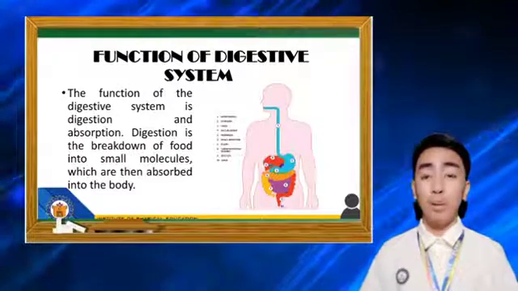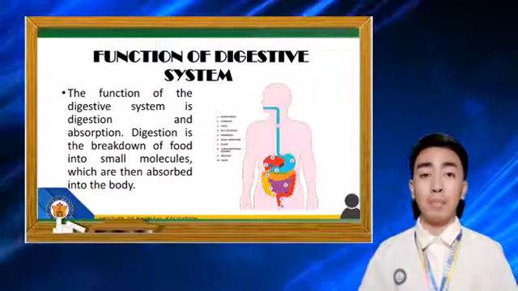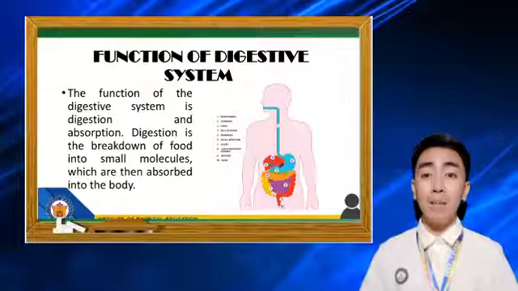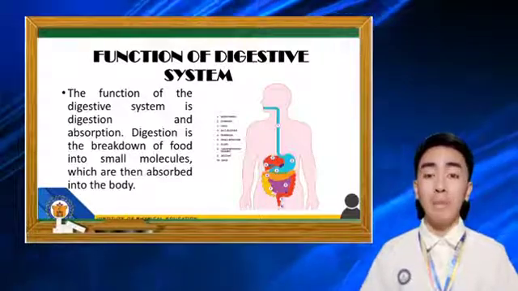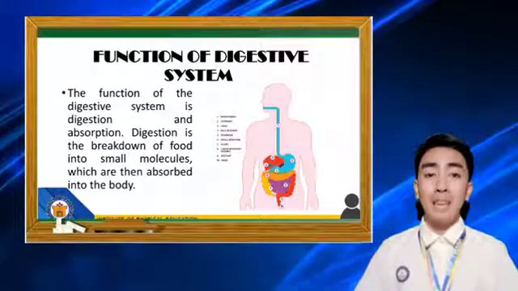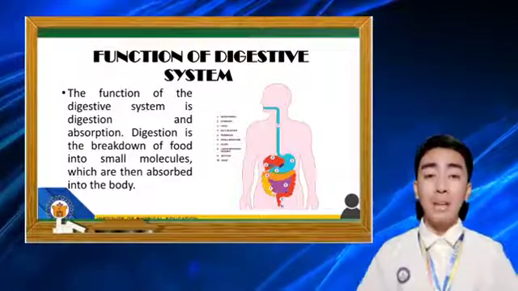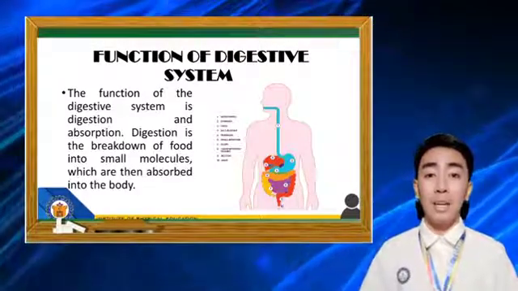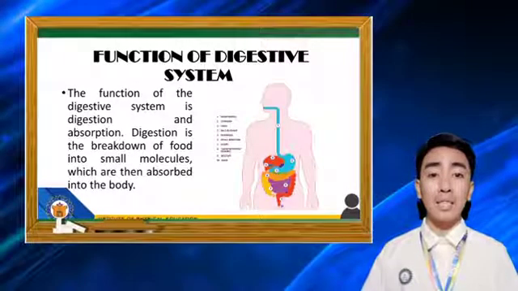Digestion is the breakdown of food into small molecules, which are then absorbed into the body. Food undergoes three types of process in the body: digestion, absorption, and elimination. Digestion and absorption occur in the digestive tract. After the nutrients are absorbed, they are available to all cells in the body and are utilized by the body